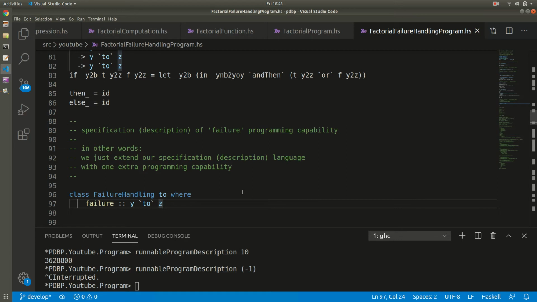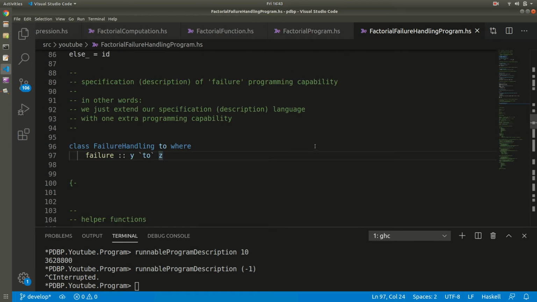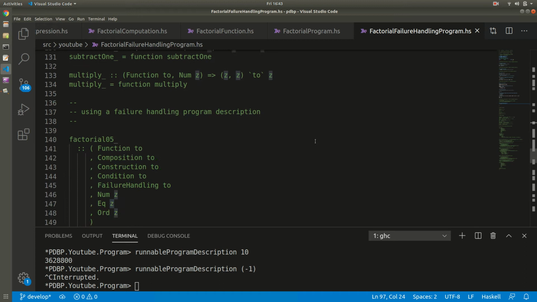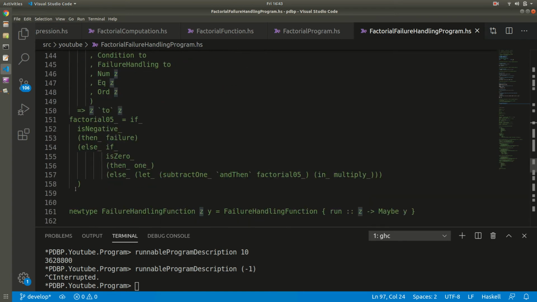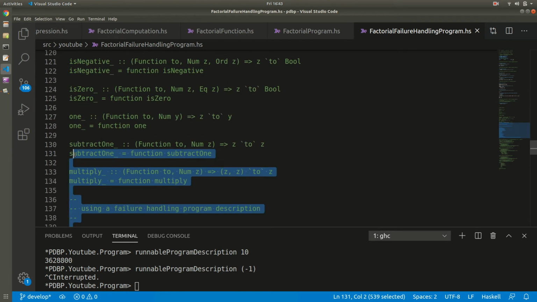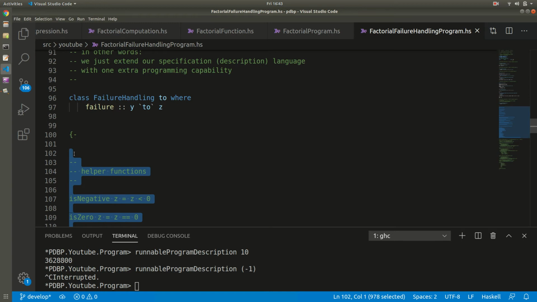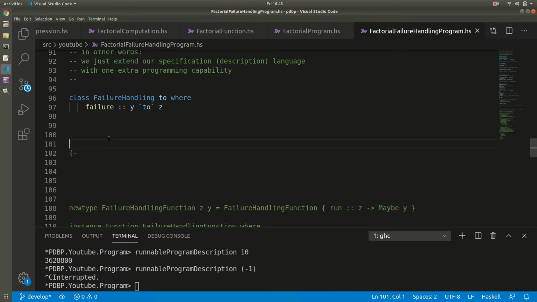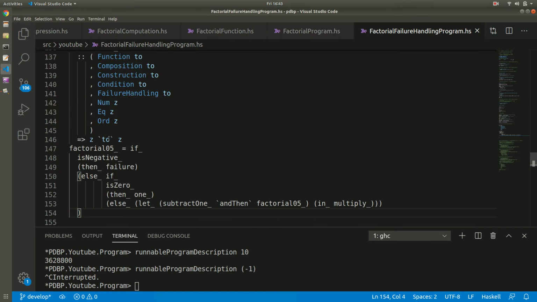We also consider failure as a program. Okay? One extra programming capability. And we can just continue like we did before, just copy pasting, believe me, the same thing